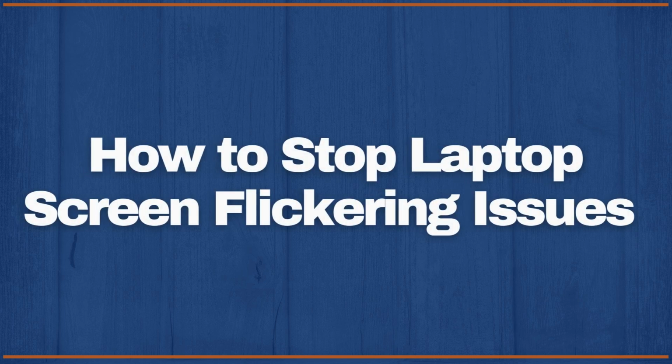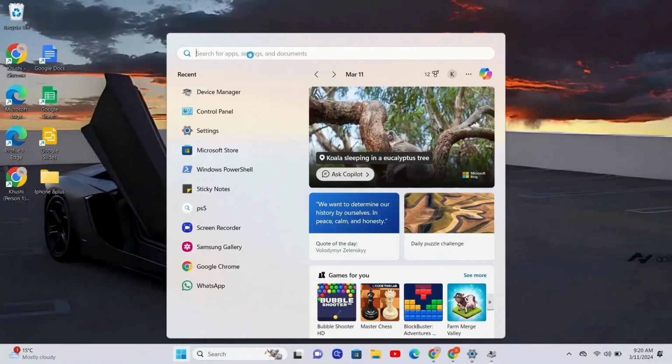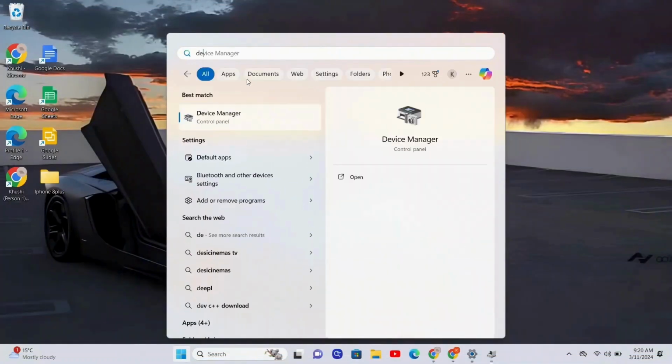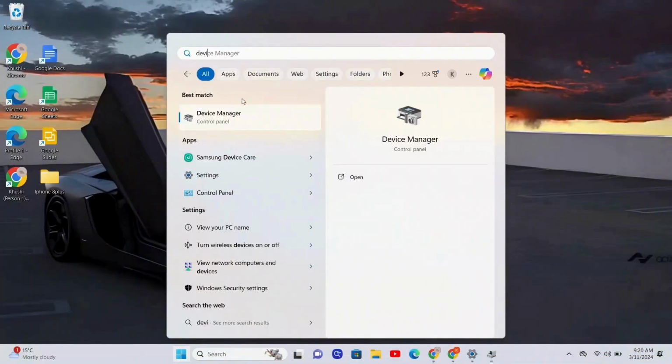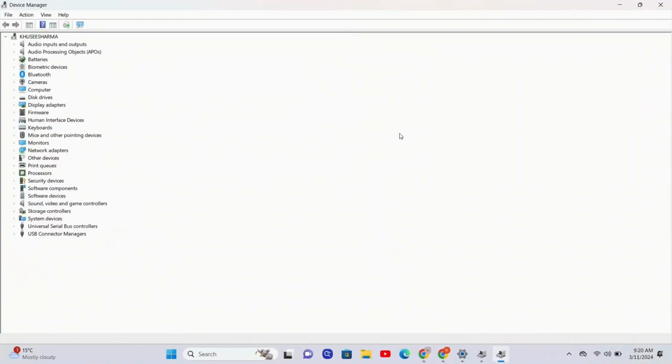How to stop laptop screen flickering issue in Windows 10 or 11. So what we're gonna do is open our search bar and search for Device Manager. After searching, we're gonna open it, and after opening it I'm gonna expand it, and after expanding we can search for some